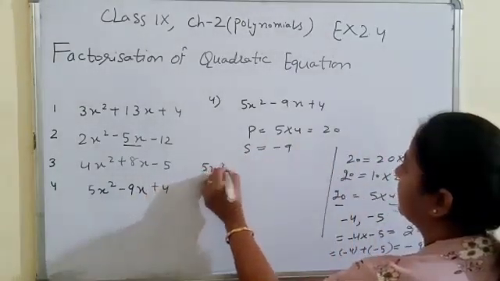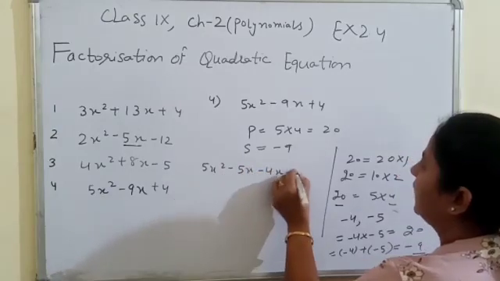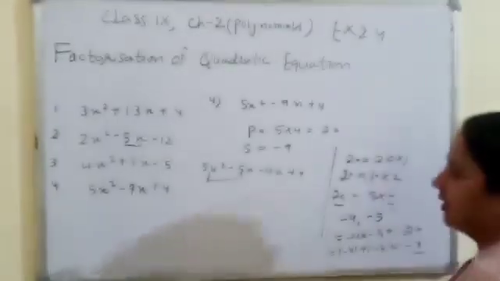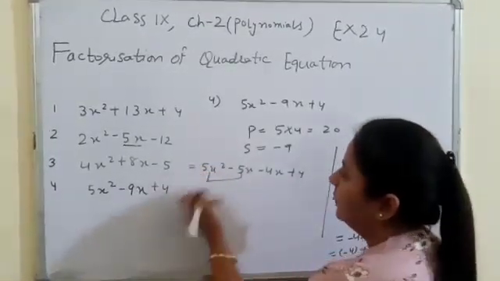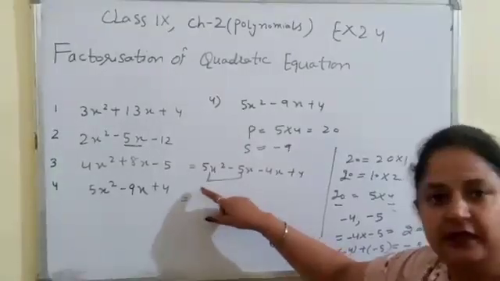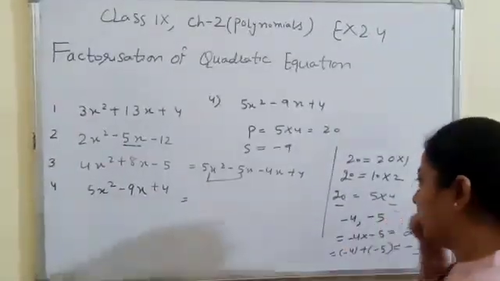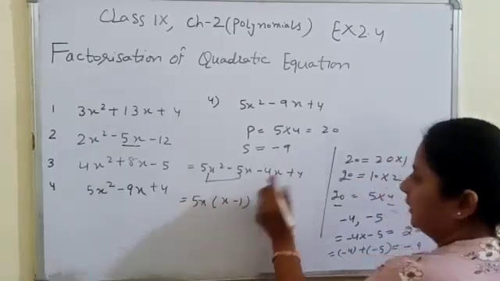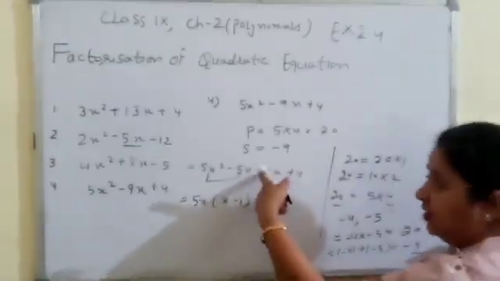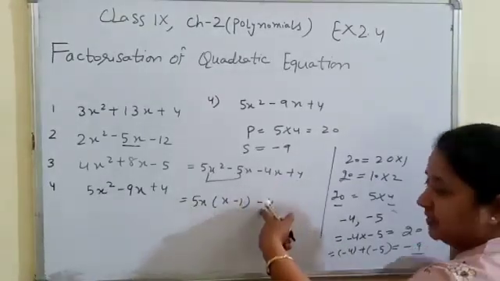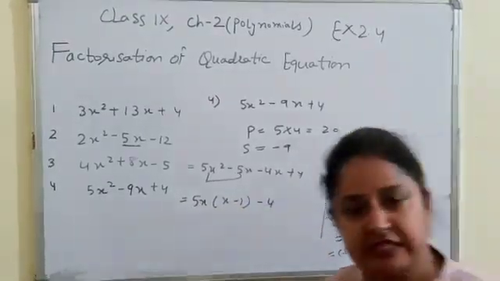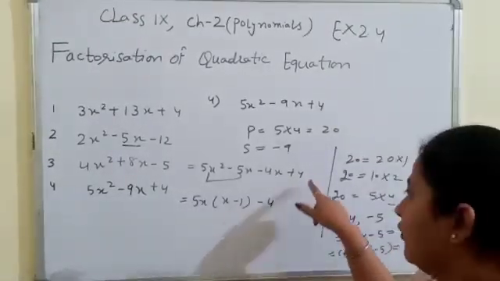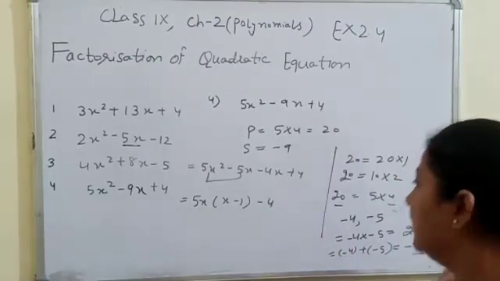So now split minus 9: 5x square minus 5x minus 4x plus 4. You can check here minus 5 and minus 4, that is minus 9. Same as before, firstly we take the common factors out from the first two terms. These are 5x. What we have left, x minus 1. From the last two terms we can take minus 4 common. You can see here 4 has the negative sign, so we take minus 4 common, and when we take the minus value common, we change the sign for the next term. It is in the positive form, so convert it into the negative form.